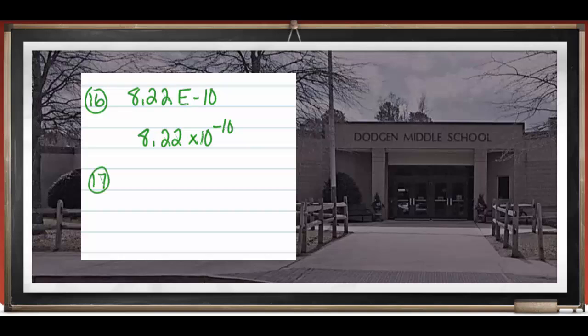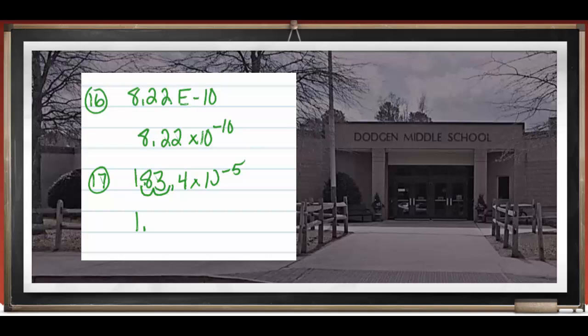Number 17. 183.4 times 10 to the negative 5th. Now this type of problem is what I like to consider that almost scientific notation problem. We recognize that we are multiplying by a base of 10 with a power, but the term in front of the base 10 is not a value between 1 and 9. So we still need to adjust it a little bit to make sure that it is in true scientific notation form. And we do that by moving the decimal to the left 2 places,